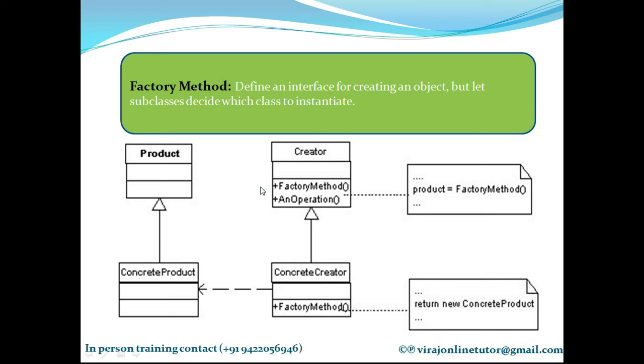Okay, so in the creator, I need to create an object of a concrete product because that's the actual product. If we just focus here, when the factory method is invoked, what is the code that it writes? Factory method says return new concrete product. Why concrete product? Because concrete product is the actual product and this is just a placeholder. So factory method will internally have this code in it. It will say return a new concrete product.